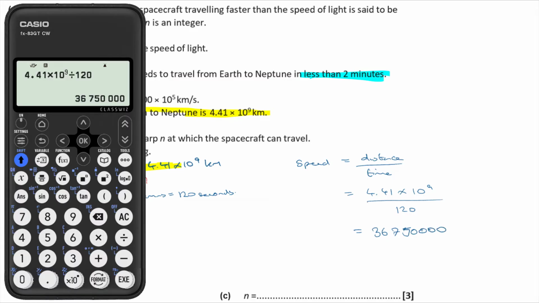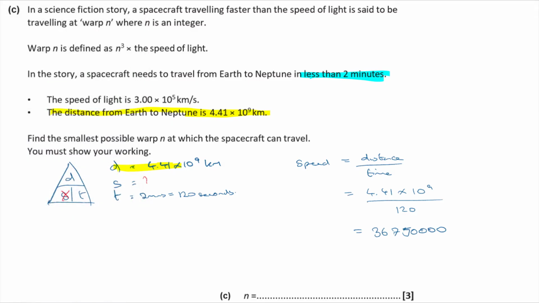Okay, and so warp n is n cubed times the speed of light. So if we take that and divide by the speed of light, then we'll know what n needs to be. So n cubed times the speed of light, which is 3.00 times 10 to the 5, has got to be less than or equal to, I guess. No, it's got to be greater than or equal to, isn't it? Because it needs to exceed that speed, or equal or exceed that speed to get there in less than 2 minutes. That's got to be greater than or equal to